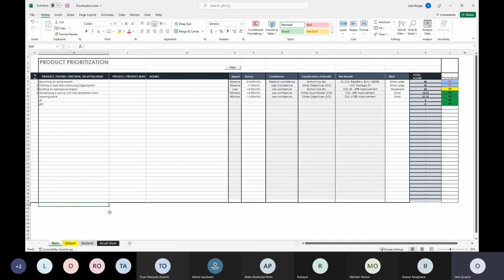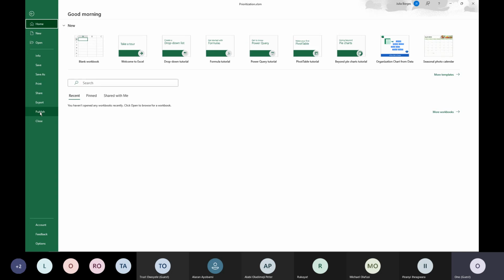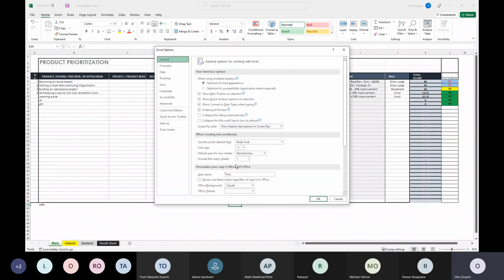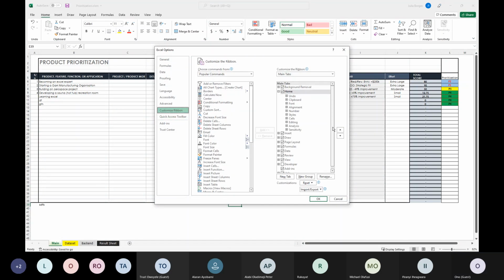So I will go ahead and just show you an example of what I mean. So this is a project, and if I was going to use a combo box, I will first of all come here, go to my options. So the idea is to select the developer.